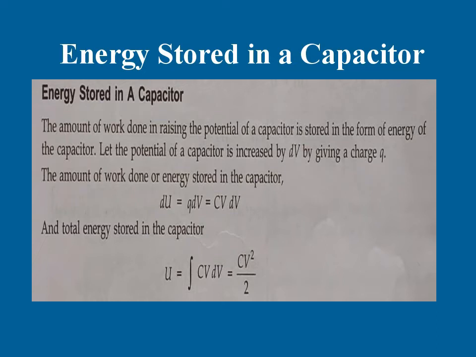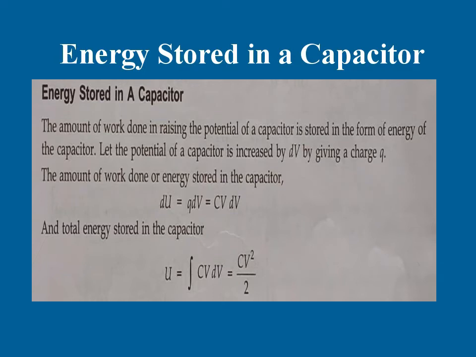Apply both these formulas to our equation. Now here capital C is constant, take it outside. What is remaining inside the integration? V dV. As we discussed, the formula is x to the power n dx. The value of n here should be equal to 1. What you get? n plus 1 upon n plus 1, that is 2. Therefore, integration of V dV should be equal to V square by 2, so U equals C V square by 2. This is the formula for total energy stored in the capacitor.